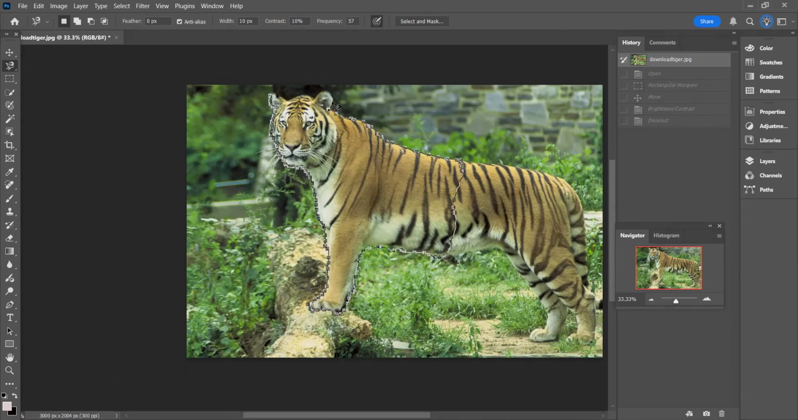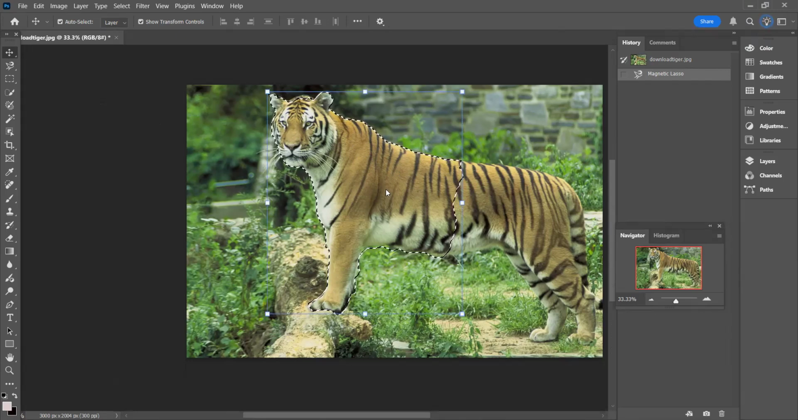And when I get to where I started, I have to close the circuit. Then there's a little dot. Okay. All right. And so I have to close the circuit or this won't work. Okay. So I have to close that circuit. And so right now the tiger is highlighted and the background is not, right? So I could now, if I wanted to, I could move,